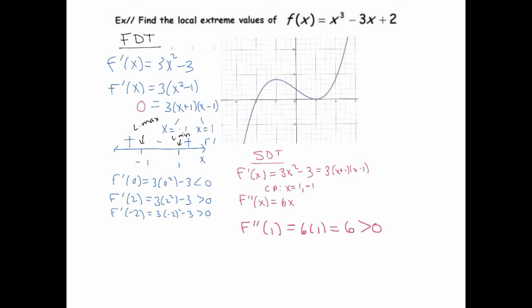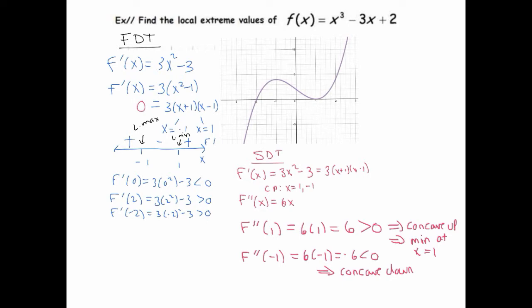right? Because that means concave up. So let's actually write that concave up, which implies we have a min. And if we plug in -1 into the second derivative, we get 6 times -1, which is -6, which is less than 0. And that implies concave down. And that implies a max